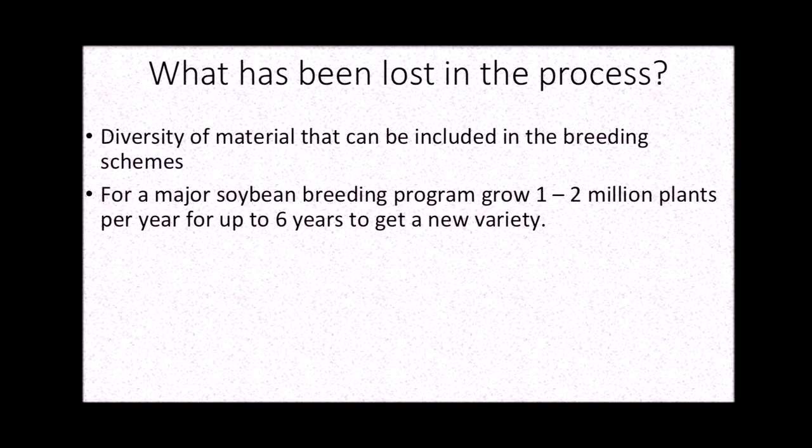what do we have to do? So for the major soybean breeding programs, they're growing between 1 and 2 million plants every year. Those are not plants that are used for producing seed to sell. Those are plants that are in a breeding program, and out of those, every year, if the breeders are lucky, they'll get one new variety. All right? And that variety takes about 6 years from the time they actually start testing it. All right? So there's about a 10-year